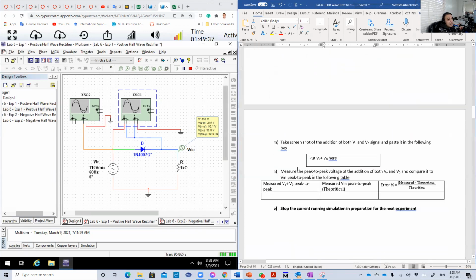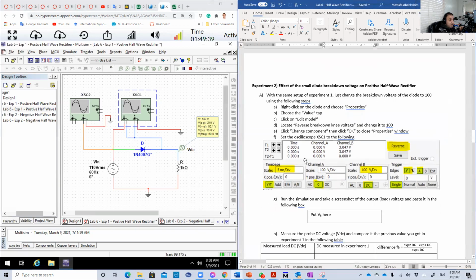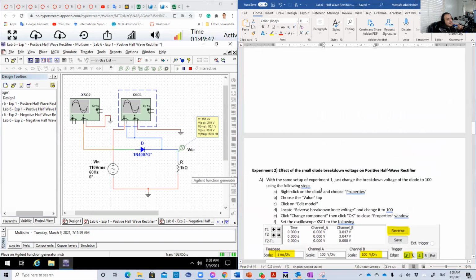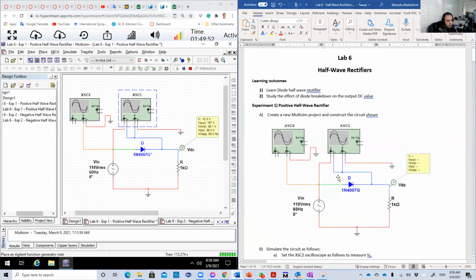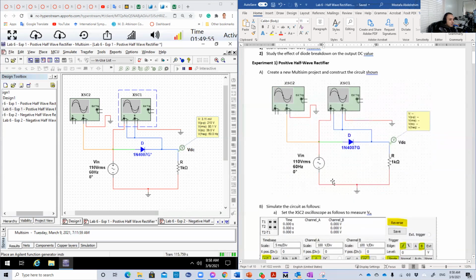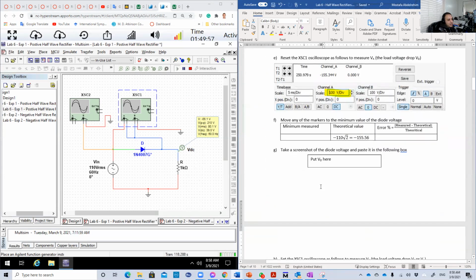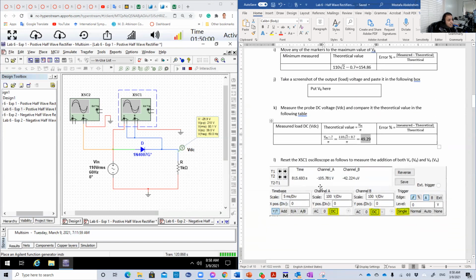So basically, this diode rectifier, which has a breakdown voltage of 100, is less efficient in this circuit than the diode that has a breakdown voltage of 1000. That's basically the effect of the breakdown. It makes your output have some part of negative AC, and that's why the DC voltage here reduced from 49 to 39,